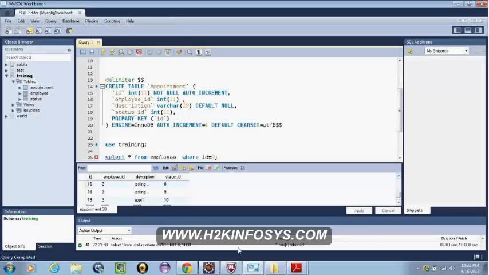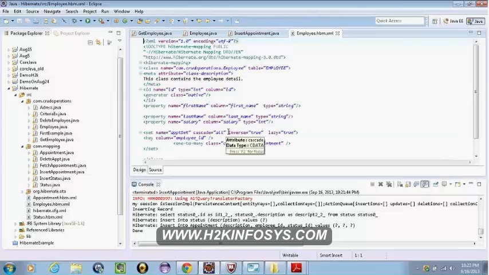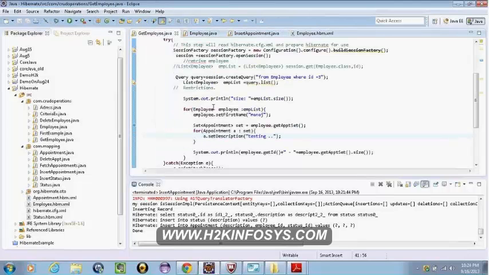So when I change something, here I have changed, let's say, an employee with ID 3. I have modified the first name. When I update the persisted object and flush the session, it is updated here. Previously it was some different value. Let's say I do it one more time, retrieving the value and setting a different name, with ID equal to 3. We have seen it's Manoj right now.